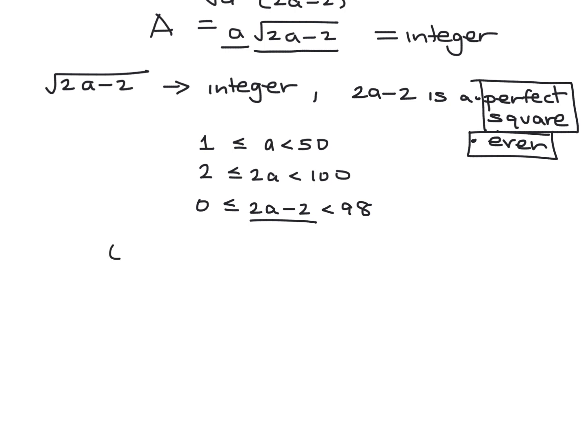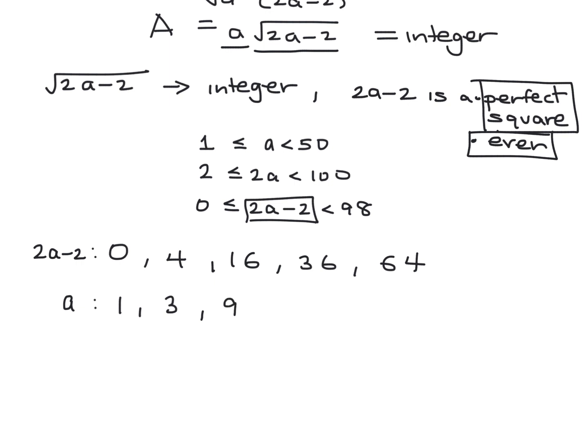Okay, so I believe that's 0, 4, 16, 36, and 64. I think those are the only numbers between 0 and 98 that are both perfect squares and even. And these are, of course, corresponding to 2a minus 2. When you solve for a, let me just write that here. These are the 2a minus 2's. When you solve for a, you get the following values. You'll get 1, 3, 9, 19, and 33. Yeah. Okay, so then now,